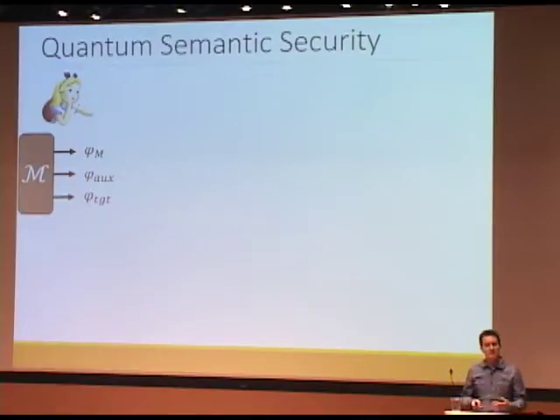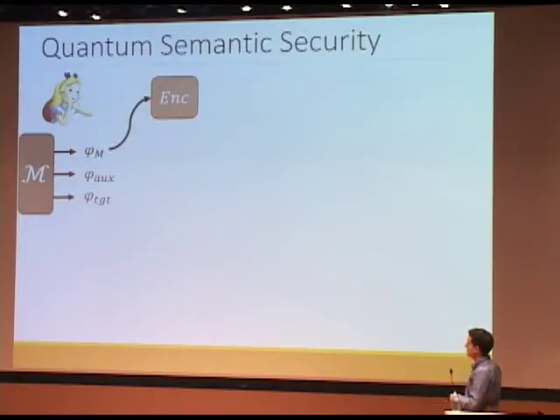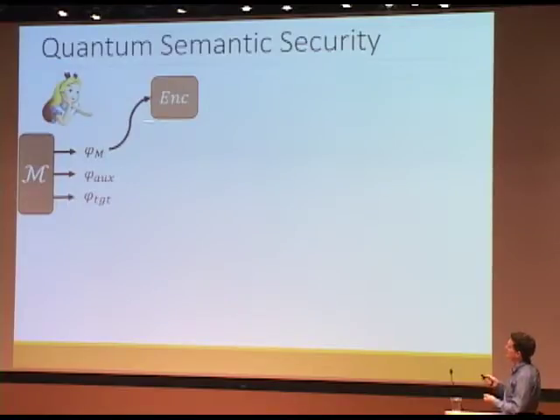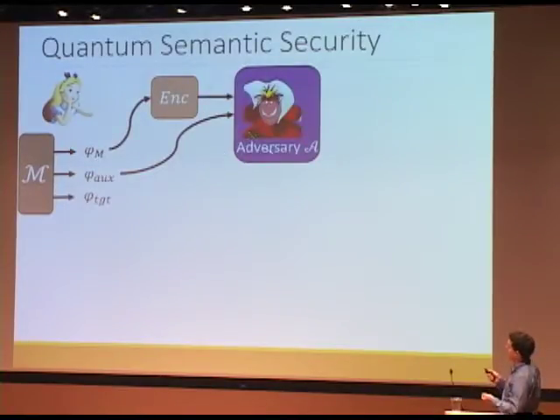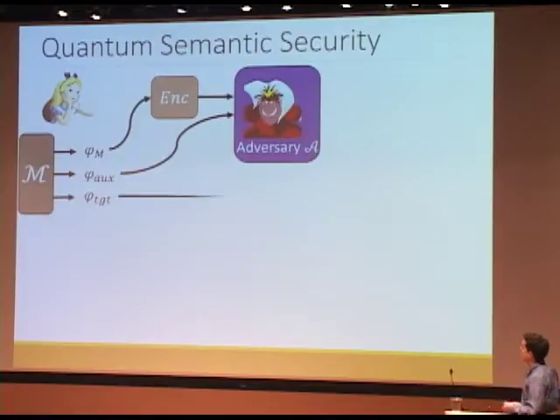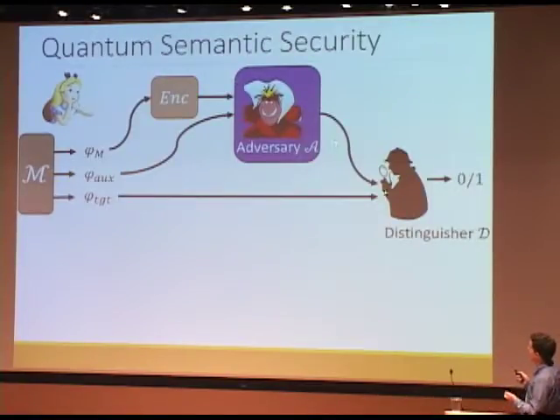Now everything is quantum, so in a sense you want to encrypt quantum states. So here's your message generator, and now it produces 3 registers, possibly entangled. The first one is the message, the second is some auxiliary information, and the third one is the target. And what you do is very similar to before. You take the message, now this quantum state, you encrypt it, and together with the auxiliary information, you give it to the adversary, and the adversary is now asked to come up with a state that somehow cannot be distinguished